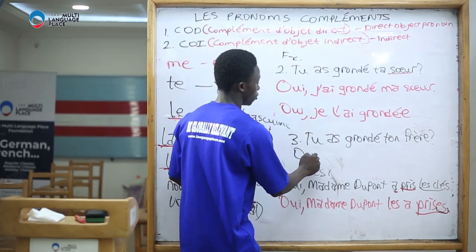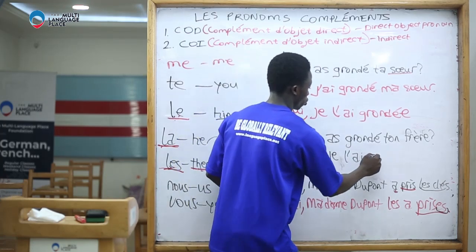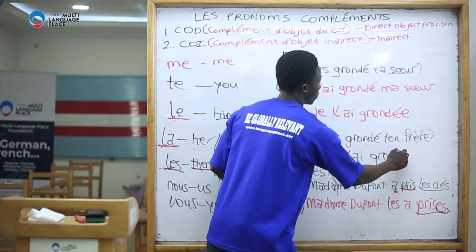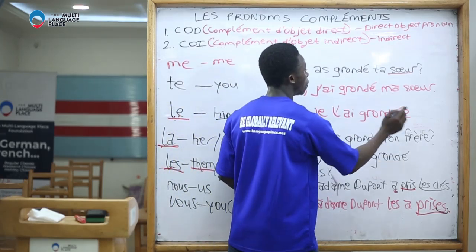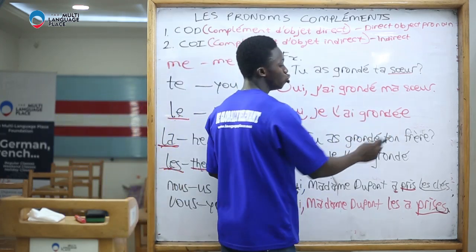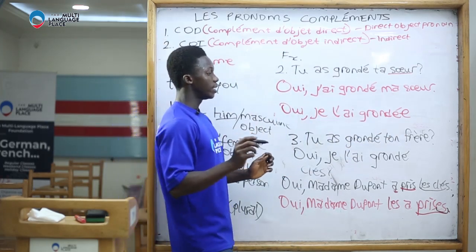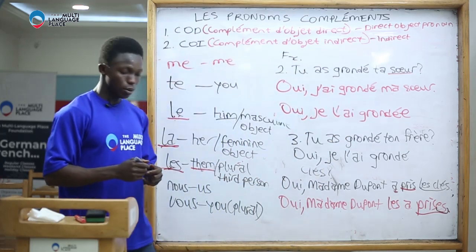That would have been oui, je l'ai grondé. But take note, I won't add anything. Why? Because it is masculine. So if it is masculine, you don't add anything. If it is masculine plural, you add S. For example,